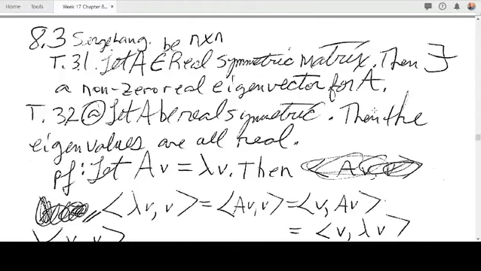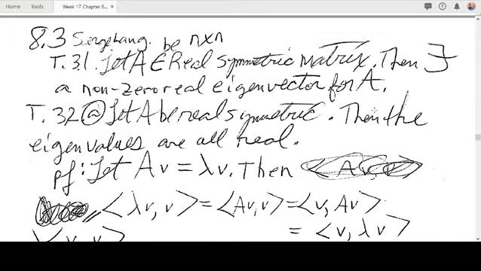Chapter 8, Sections 3 and 4 are primarily concerned with eigenvalues and eigenvectors for symmetric matrices. So let's start out with letting A, first of all, be a square, real, symmetric matrix. So it equals its transpose. Then there exists a non-zero real eigenvector for A. Remember, in the previous section, the fundamental theorem of college algebra